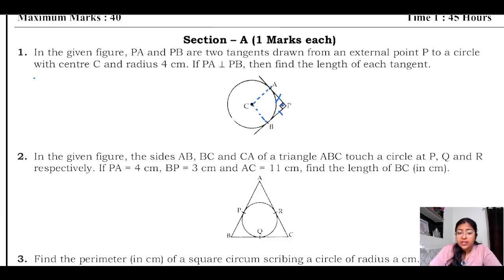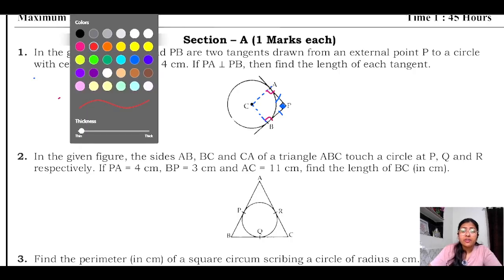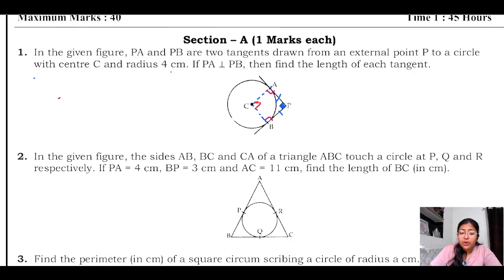Okay. All the angles are 90 degree, yes or no? This angle is given in the question. This is 90 degree, yes or no? And we know that radius and tangent are perpendicular to each other. So this angle is also 90, yes or no? If these three angles are 90 degree, the remaining angle will also be of 90 degree measurement, because angle sum property says the sum of all the angles of the quadrilateral is 360. This is equal to 270. The remaining is also 90.